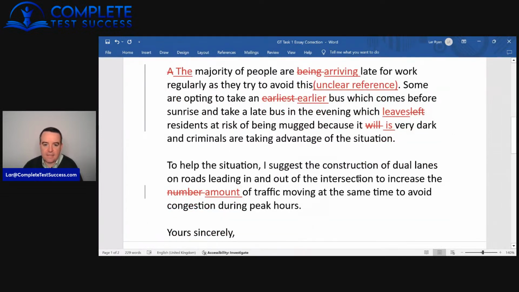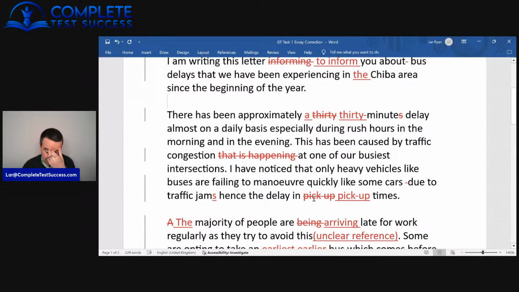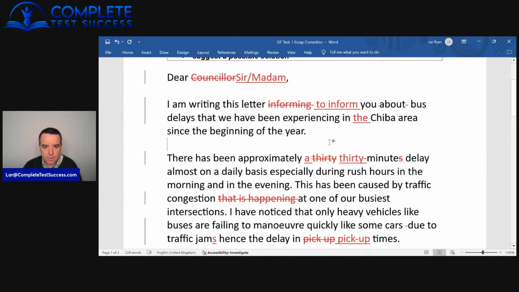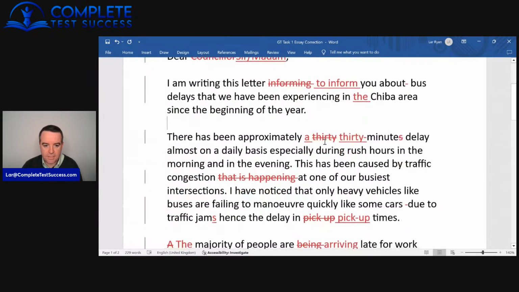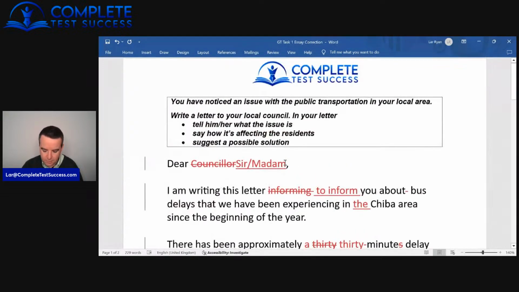Now, the thing is, we don't have sentences that are riddled with grammar mistakes. They're just one little grammar mistake here, one little grammar mistake there, but they do all count towards the grammar score. So Madeline doesn't need to improve her grammar an incredible amount, just a little bit, but definitely articles, punctuation, and tenses would be the 3 areas that I would recommend she focuses on.